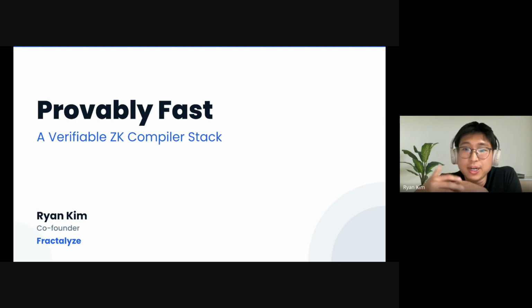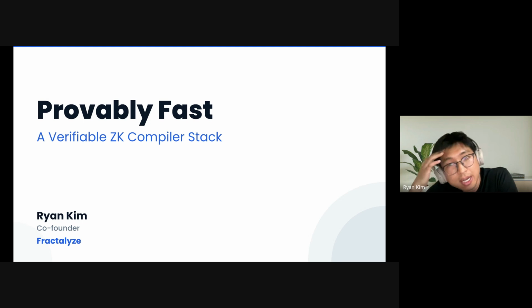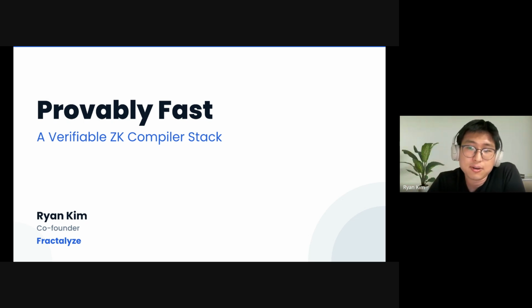Hi, I'm Ryan, a co-founder of Fractalyze. In this session, I'm going to talk about how a ZK compiler can be one of the ways to make code that is both provable and fast. And this approach is really proven to be fast, so literally, I named it provably fast. Since this is the verified ZK event track, I view our work through the lens of formal verification. It was a new way of looking at it for me, and honestly, a great chance to figure out where our compiler fits into the picture. Okay, let's get started.